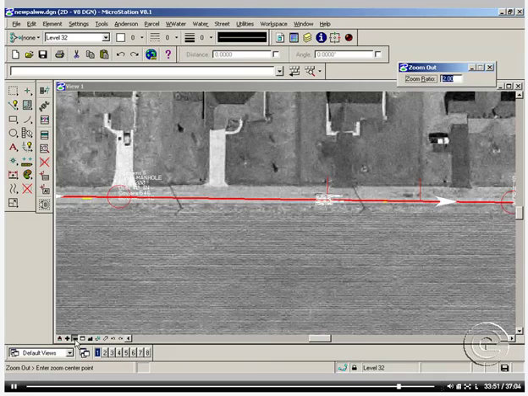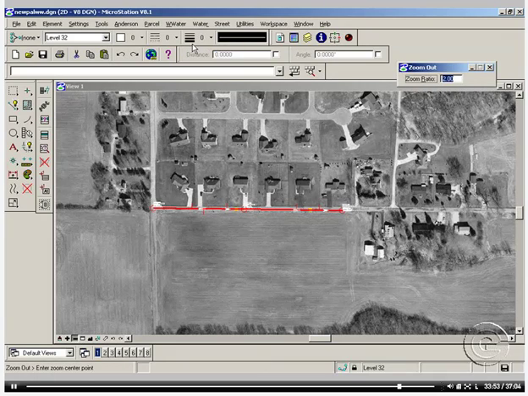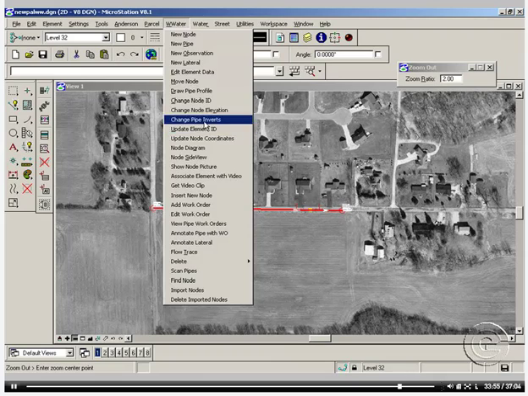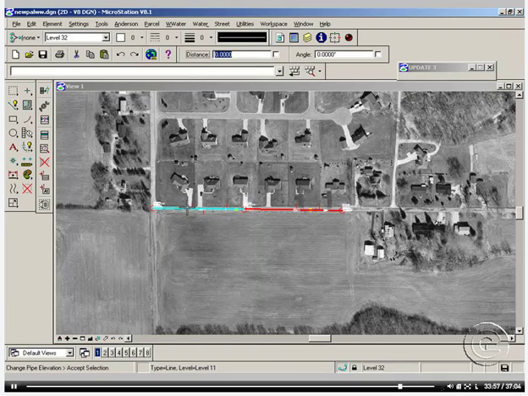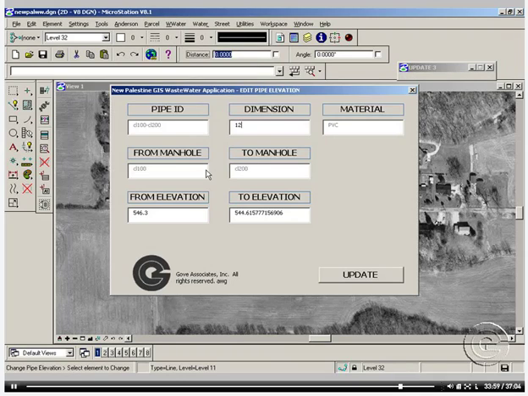But in this case, you would have to go back to your program and select change pipe inverts, and then you can go in and tag one section of the pipe at a time and change that invert. Say here we've gone from 546 to 544. If this is the way we want to leave it, then we can leave it that way. Let's just say that it was going from 546 to 543 on that pipe, and then go ahead and hit